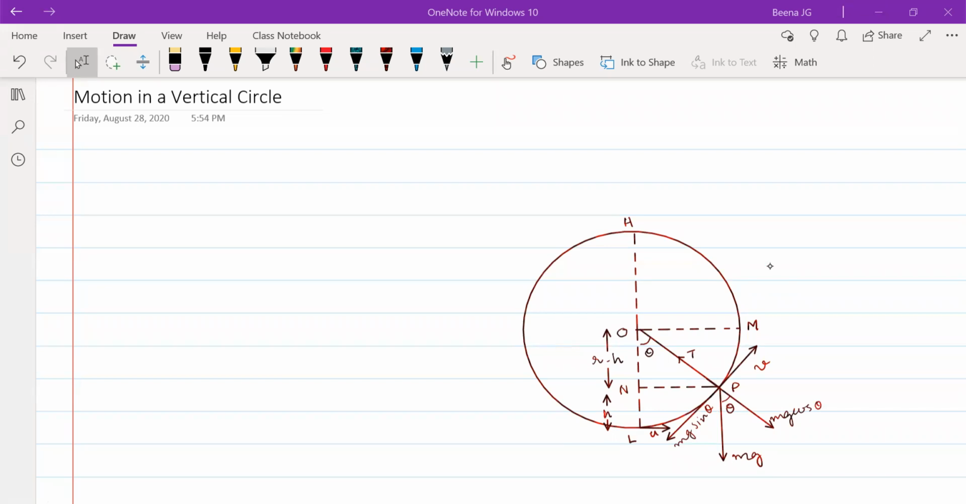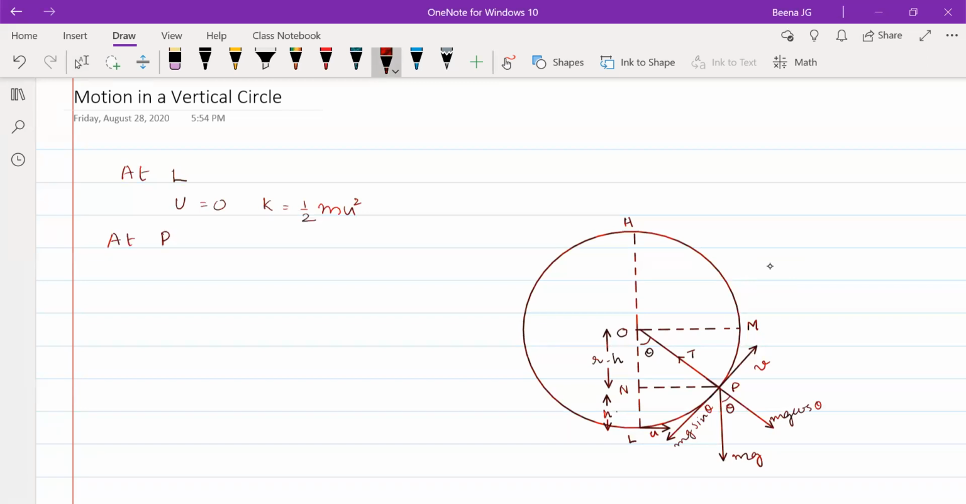When I'm considering the point L, this is the lowest point, so I can consider the potential energy 0. So U is equal to 0 and K is equal to half m u squared. Now as it moves up and reaches the point P, the vertical height we are denoting as h, and the velocity at that point we are denoting as v. So when we are considering the point P,